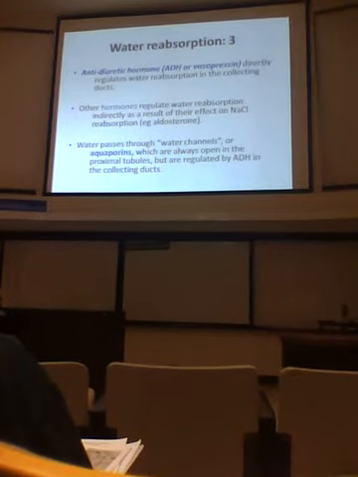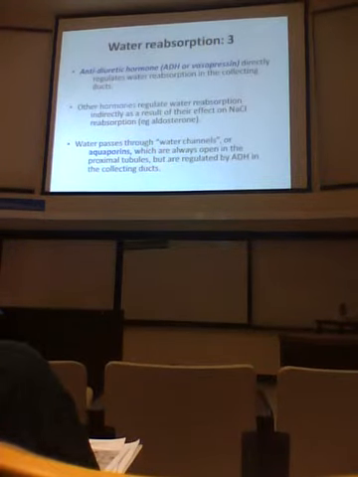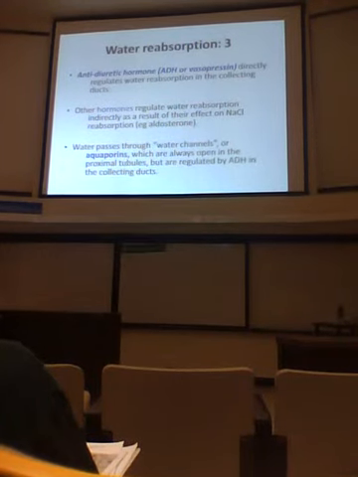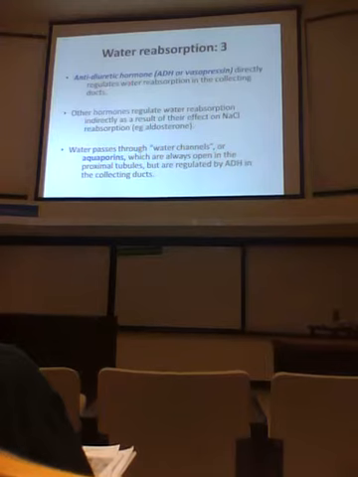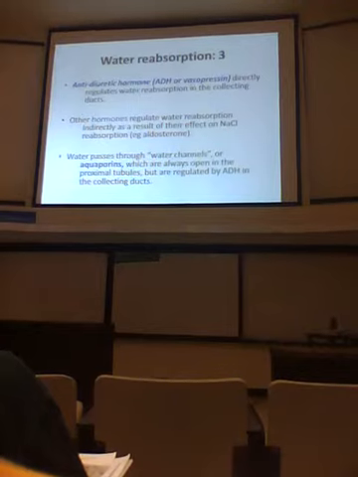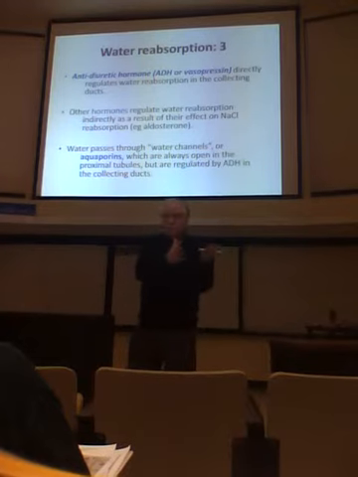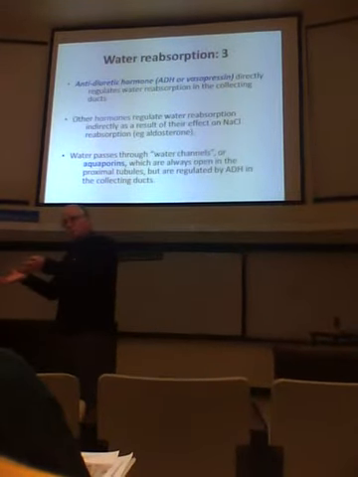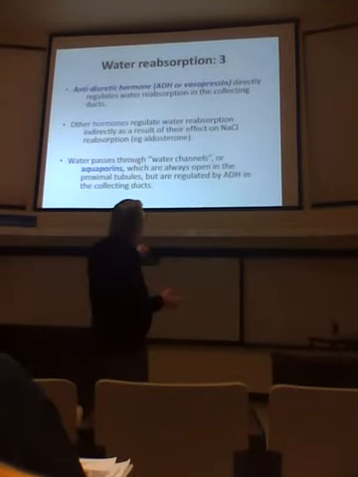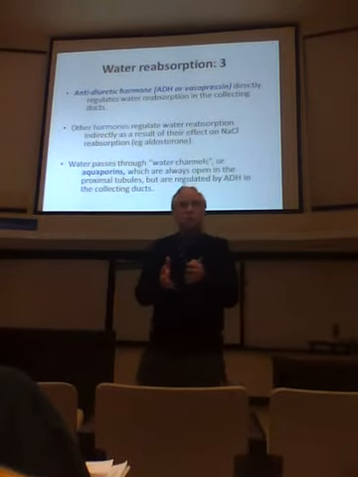It'll come clear later. So, ADH or vasopressin directly regulates water reabsorption in the collecting ducts. This is the key to understanding this part of the kidney. Other hormones also regulate water reabsorption indirectly as a result of their effect on sodium reabsorption. So, because sodium and water are linked, if you change sodium, you change water. And there is a hormone that does change sodium reabsorption, which we'll talk about, called aldosterone. But I want to put that on one side for a minute and focus on the effects of ADH first,